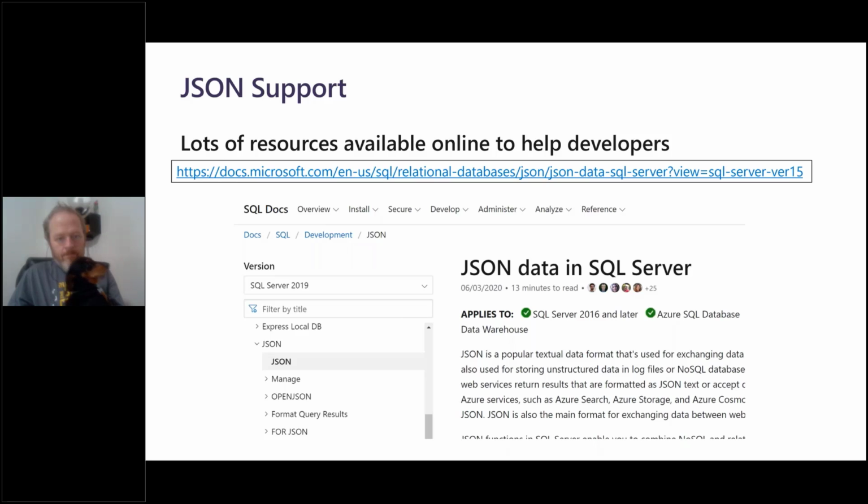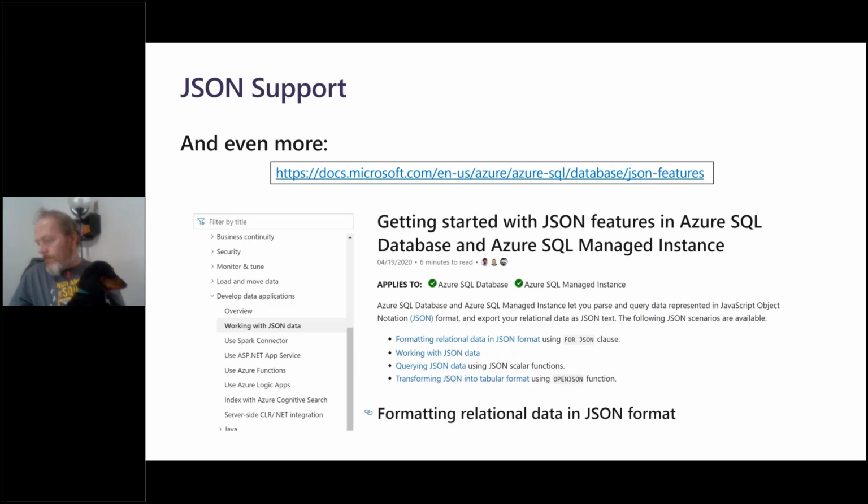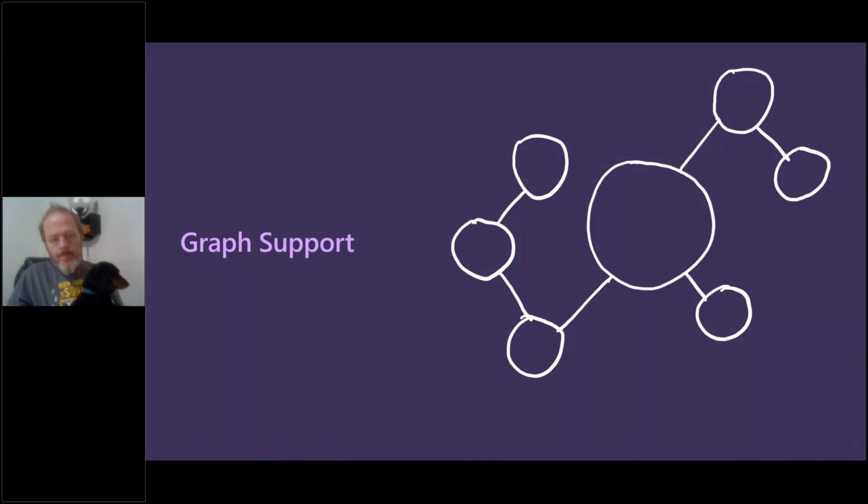Documentations, obviously there are tons of documentations and all these JSON functions with examples, etc. I'm going to skip that in the interest of time. Next up is graph. When you talk about graph databases, quite frankly, Microsoft has its own NoSQL database called Cosmos DB that has a graph API support that can be used. People in the market and outside in the community use Neo4j, a very popular open source graph database. But what we're saying here is if you already have a SQL and if you have a need to support graph, you could do that